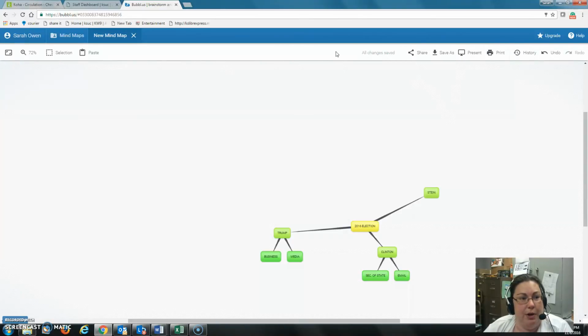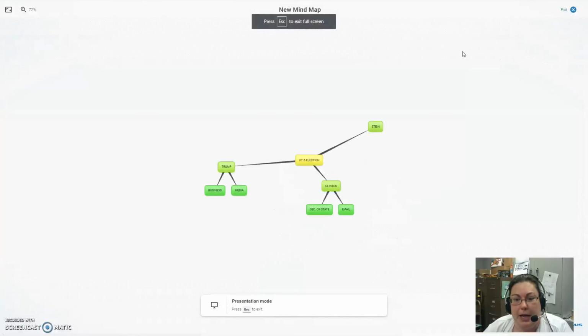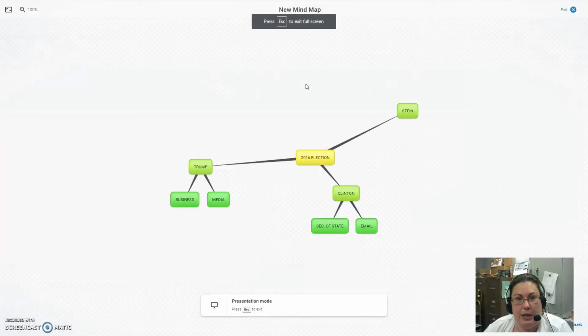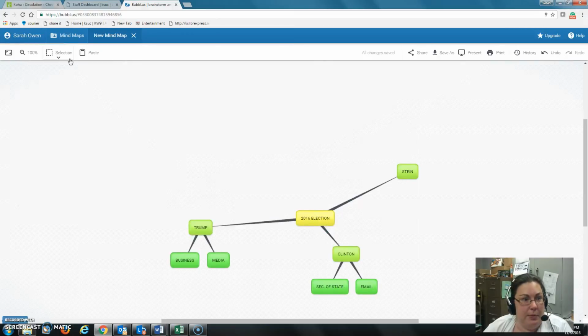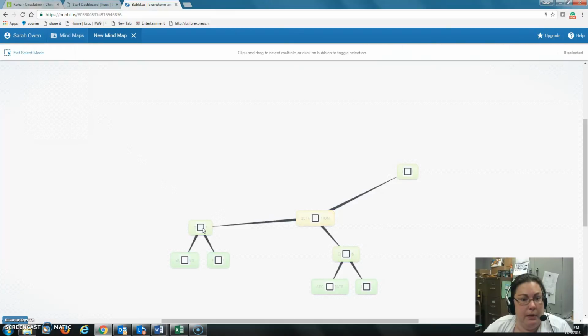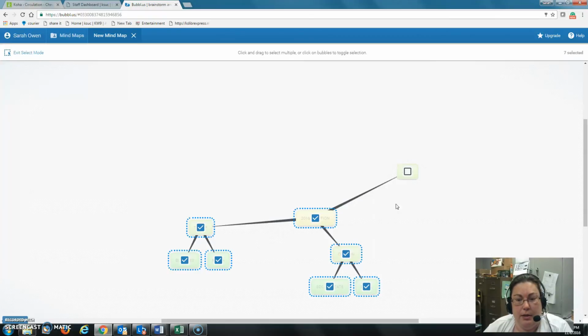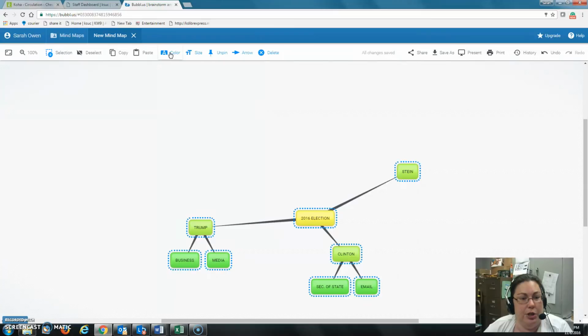Some other buttons that you have up there, if you click the present mode, it's going to take the frames off so that it kind of zooms in on it. You can exit out of that. You can select, if you go into selection mode and you tap on each bubble that you want to select. Exit the mode, and then you can change the colors